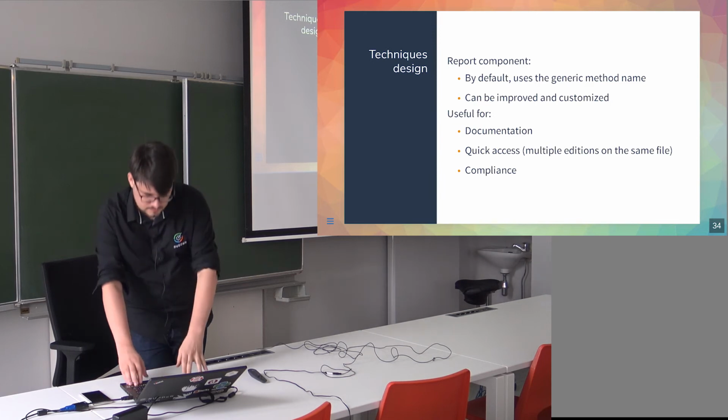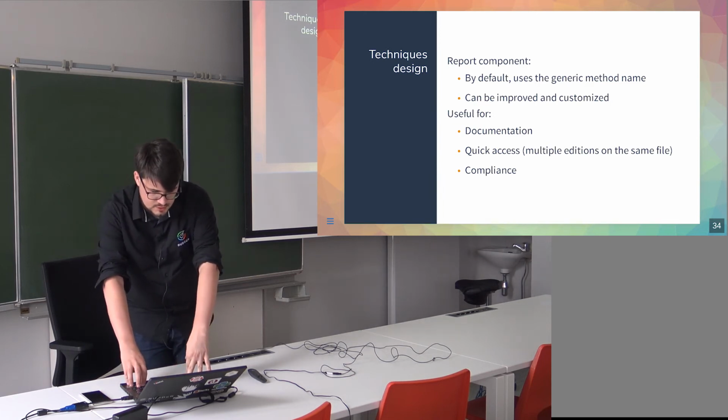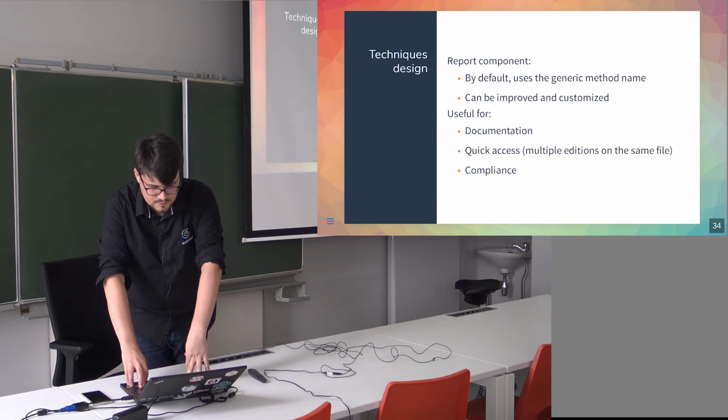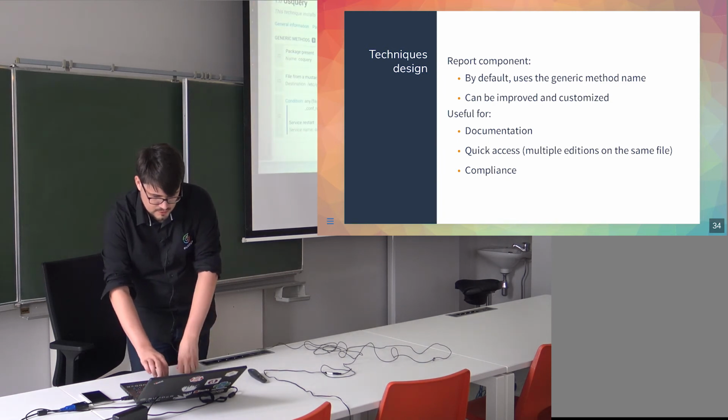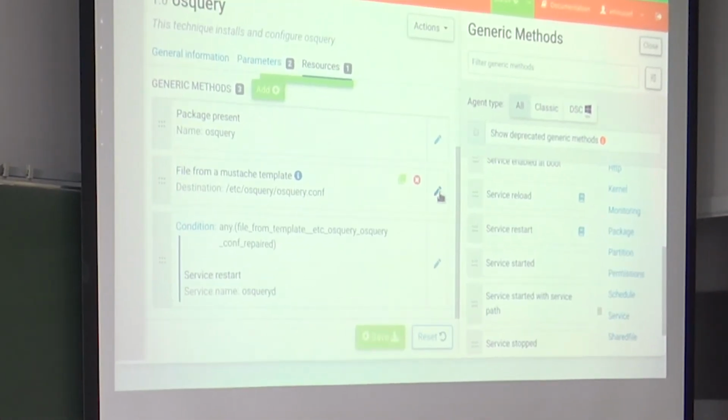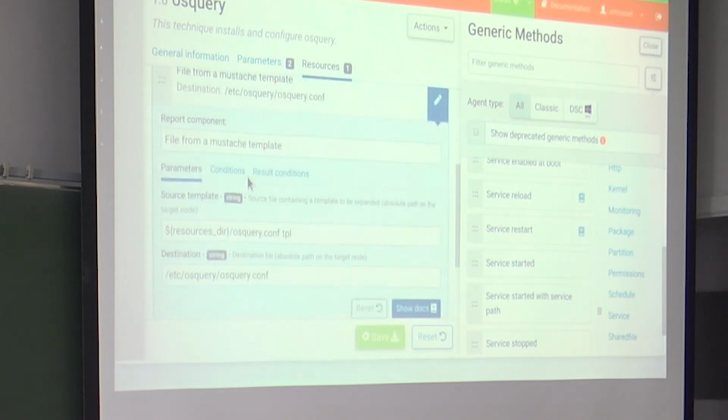And the last parameter in the technique are the report components. If I get back to my technique, you can see here we have a report component. That's basically the description of what it does. By default, it takes the name of the method. But in some cases, when you have a lot of components in a technique, that may not be readable, so